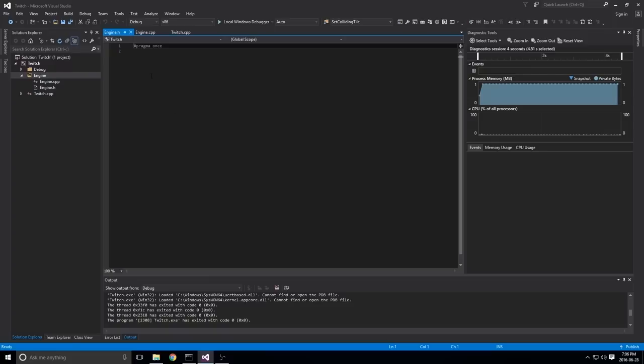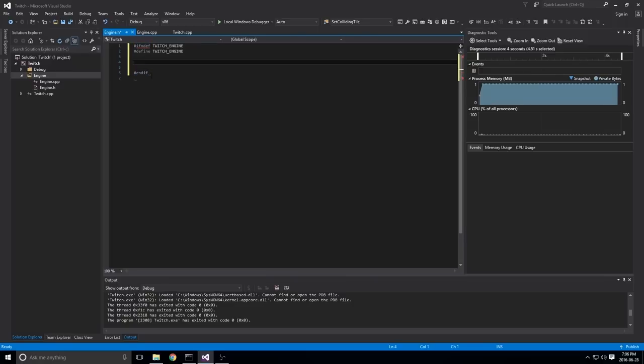Now, one thing that Visual Studio likes to do for you is add pragma once, or these lines here that basically ensure that header files don't get included multiple times. So there's no duplicates. Pragma once is a Windows thing, and I like to be a little better than that and not explicitly do this for Windows. So the platform independent equivalent of this is you check if something is not defined, and if it's not, then you go ahead and define it right away in the next line. So we'll say if not defined, we'll call it Twitch_engine, then we'll define it here, and then we'll end it here.